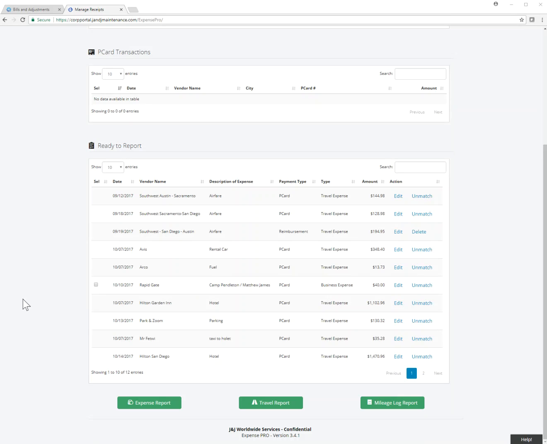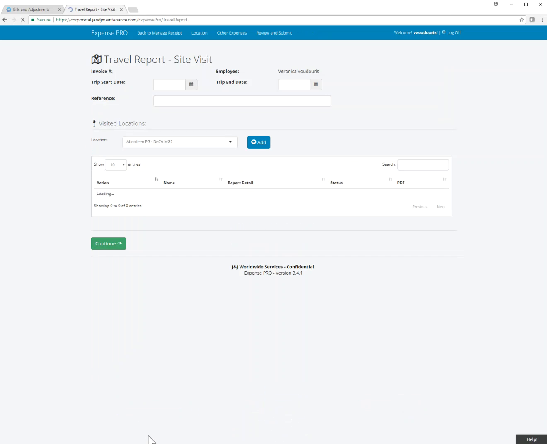I'm going to take you through a travel report, actually my travel report for California. And here are the options that I have. I can do a mileage, a travel, or an expense report. In this case, I'm going to go ahead and select travel report, and I just begin filling in information. When I left,